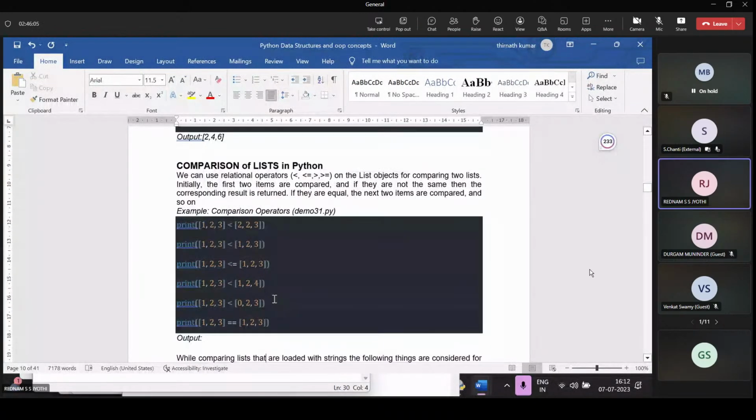Okay. Please wait. I want to share one more document. In the document, outputs are also available.